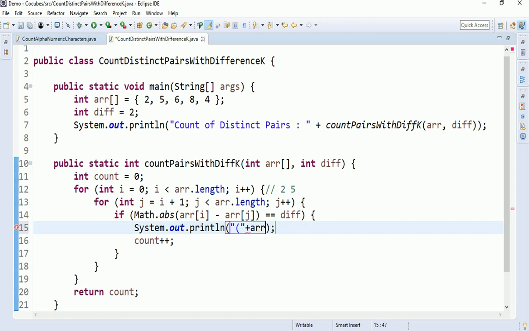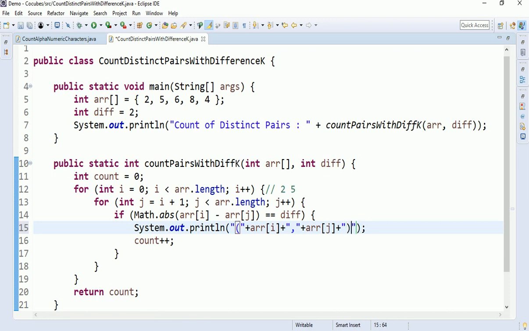What would be the number? ARR of I. Then you'll have a comma. Comma means it's a string, right? Again you put the comma, and after that you want a number, and that number is coming from ARR of j, right? After the number, then you have to close the bracket. So it is a string, right? You have to give it in double quotes.